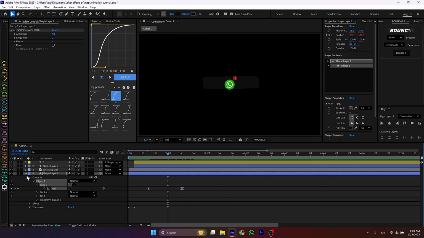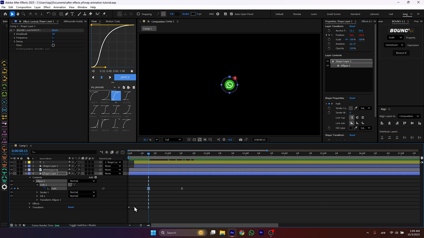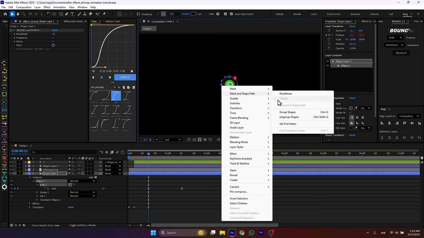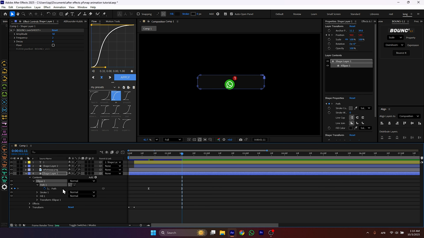To fix it, go to the first keyframe and select this point. Right click it, go into mask and shape paths, and here select set first vertex. Then repeat the same process for the next keyframe as well. Now this time you have to select this point to make the transition smooth.